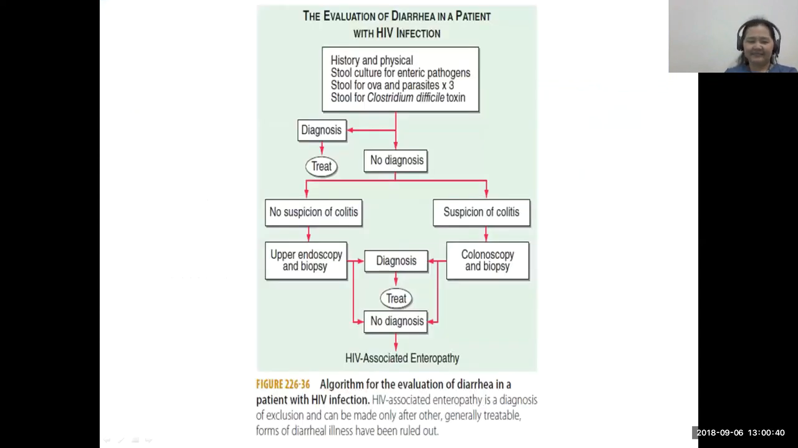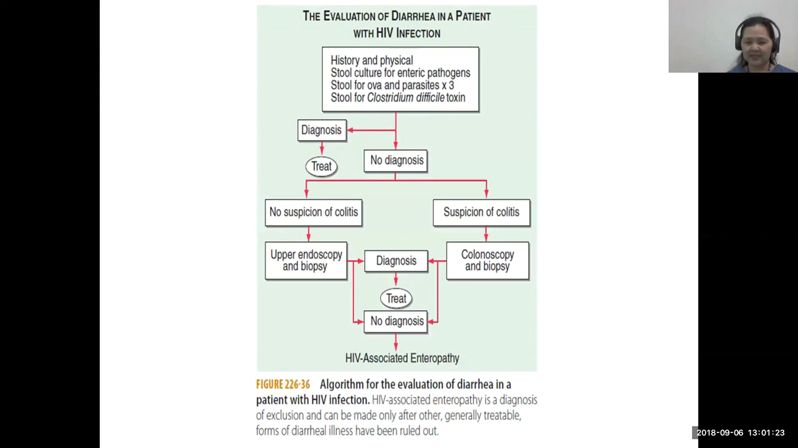Next. Okay. Merong published ways to, yung algorithm ng diarrhea, no? So again, minsan nagtitipid tayo, so go for high yield tests, and the best tests are really related to the stool test. So go for all of those. Tapos pag hindi pa rin nakita, then that's the time you might want to refer to GI for endoscopy